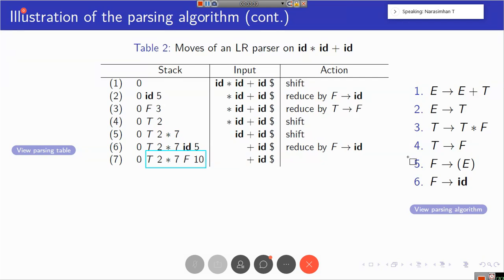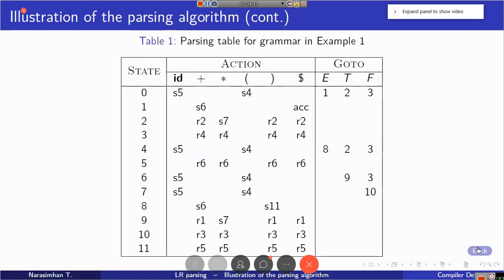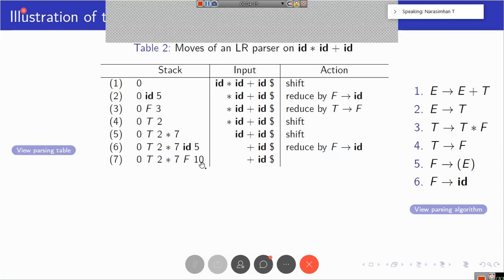So 0 and the goto you need to find. What is the entry for goto 0 and for not F, T? You are using the third rule, right? T, that T is the left hand side. You need to check the entry 0 and T in the goto part. Goto 0 and T is 2. So these 6 symbols will be popped and left hand side T and 2 both will be pushed. T and 2 will be pushed. This 2 and plus.